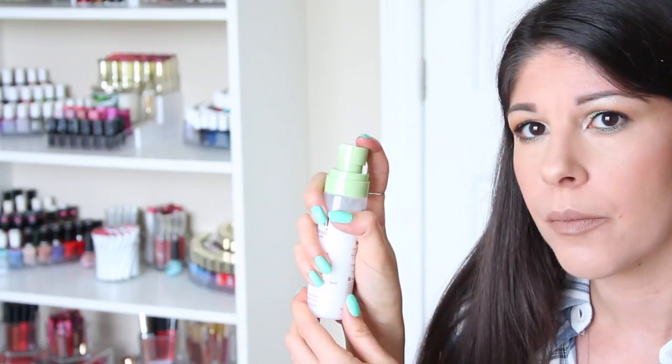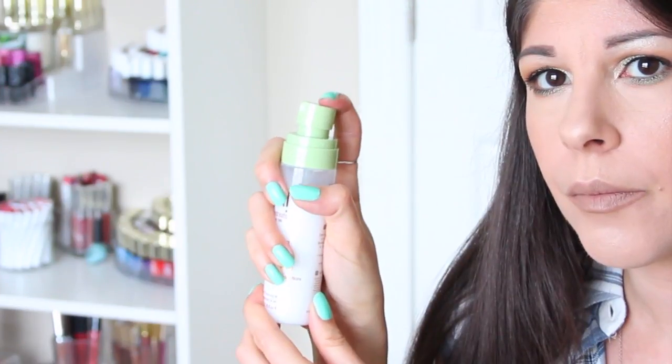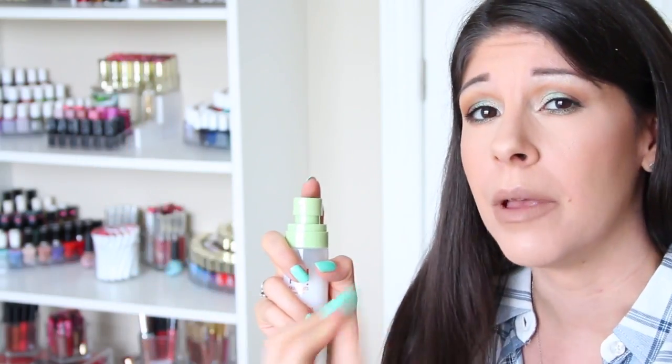Next up is actually another product from Pixi. This is their Hydrating Milky Mist. It has hyaluronic acid and black oat, and it's supposedly a youth preserving mist. I like to think of this as a moisturizer in spray form, in setting spray form. So you just spray it out. See if the camera will catch it. And it's this nice soft cloud of a fine mist that just goes all over the face evenly, and it's